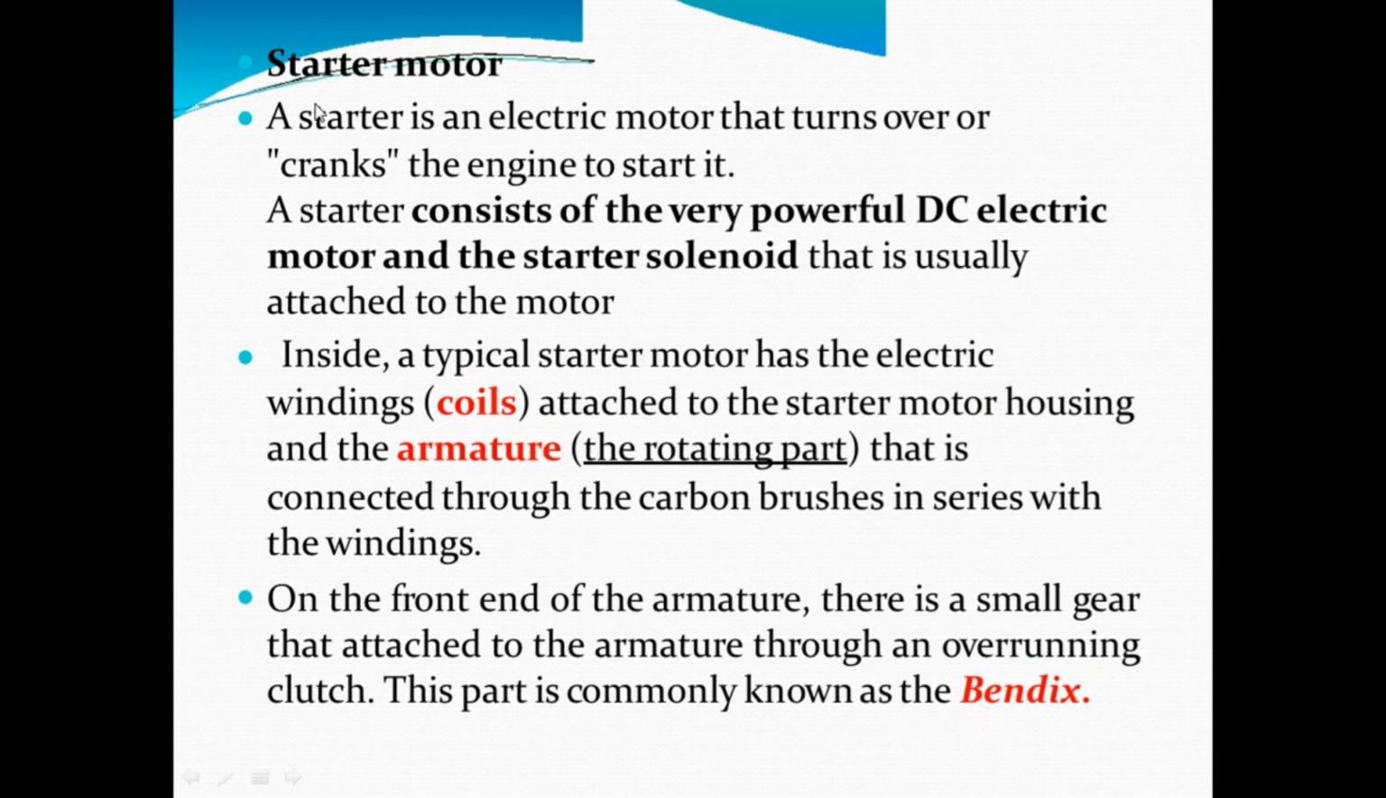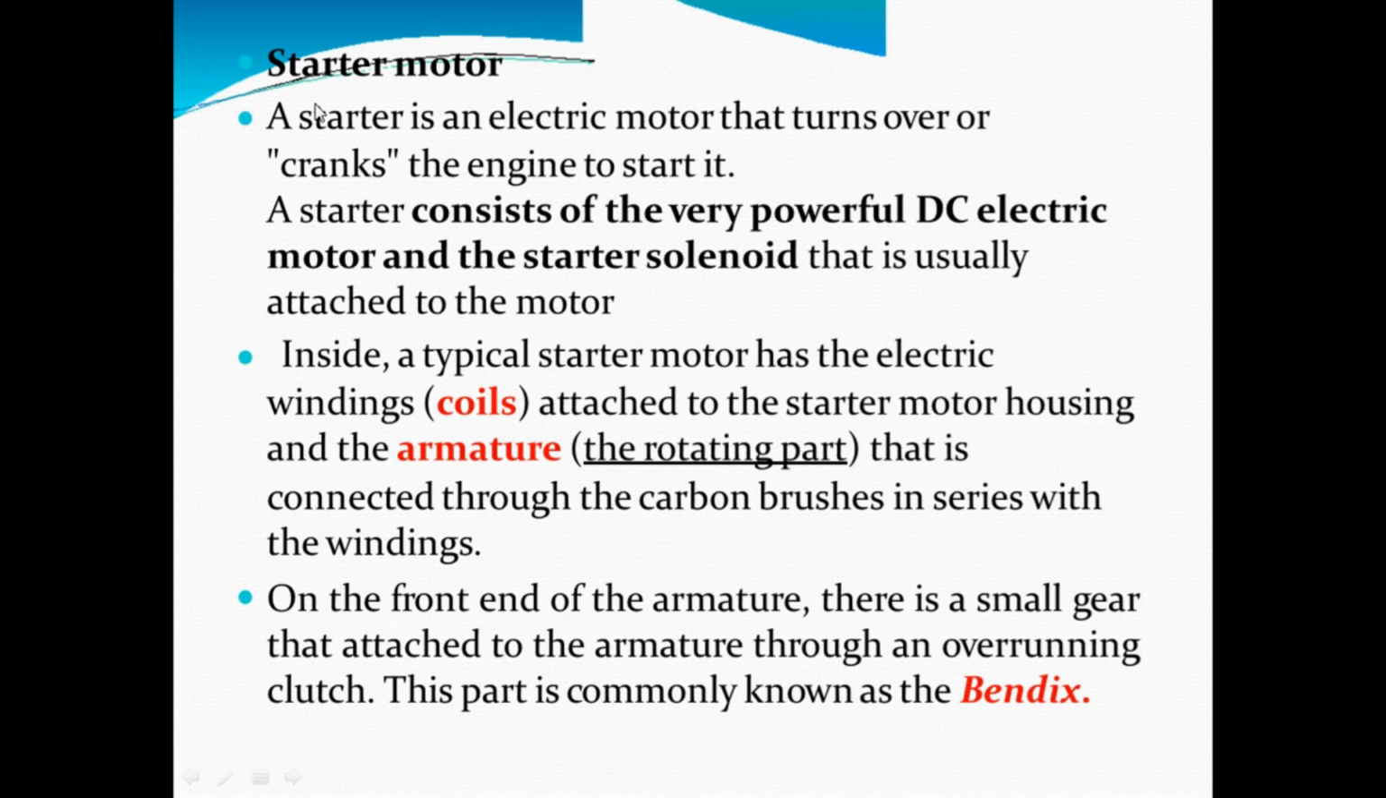Starter motor. A starter is an electrical motor that turns over or cranks the engine to start it. A starter consists of a very powerful DC electric motor and the starter solenoid that is usually attached to the motor. Inside, a typical starter motor has an electrical winding, that means a coil, attached to the starter motor housing, and the armature. The armature is a rotating part in this starter motor that is connected through the carbon brushes in series with the winding. On the front end of the armature, there is a small gear attached to the armature through